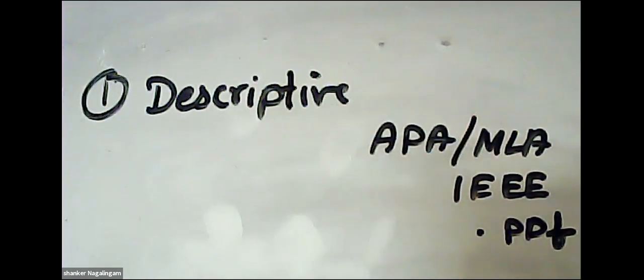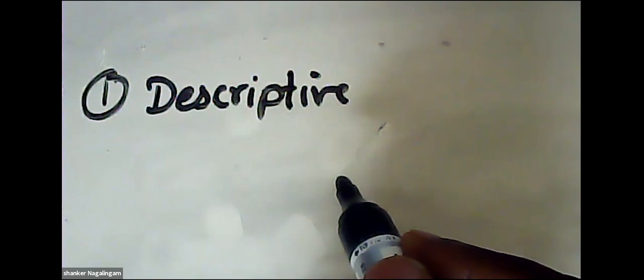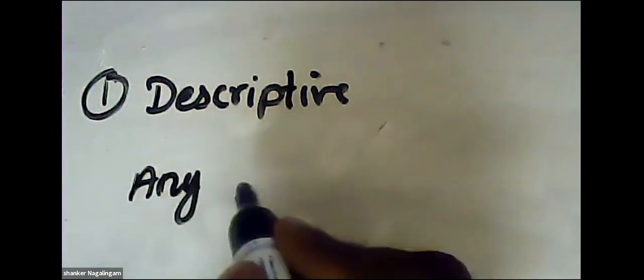By consolidating all those styles, we give a general constraint which should be followed when you write any abstract. In that way, I can make it a very simple thing. Any type of